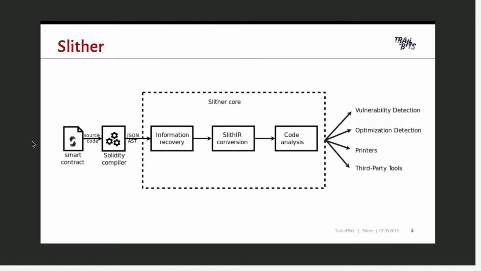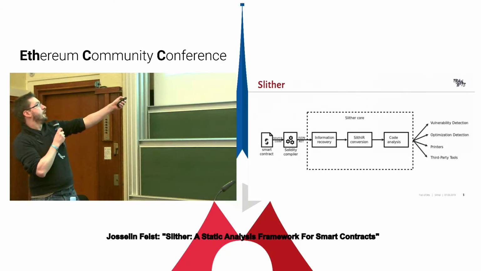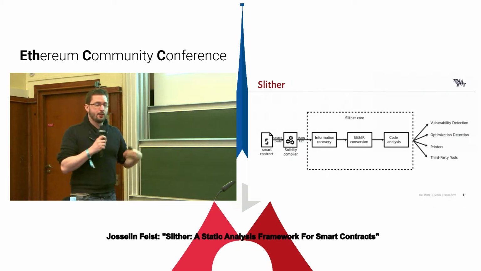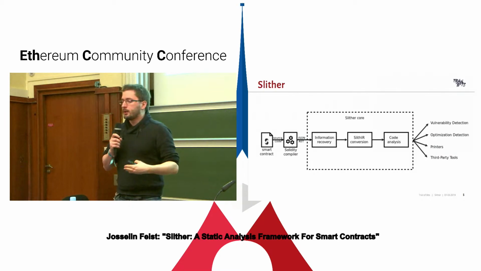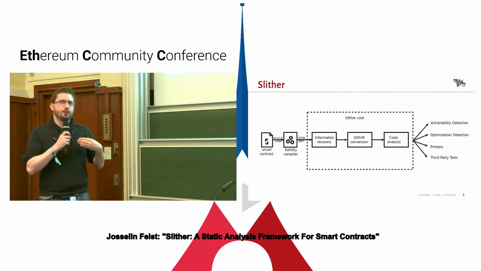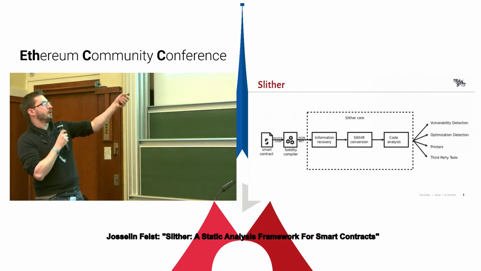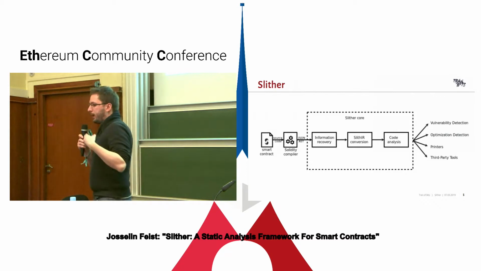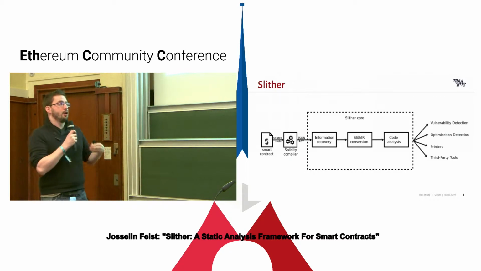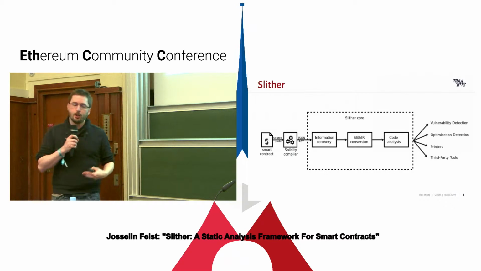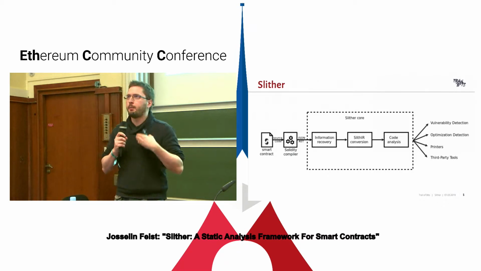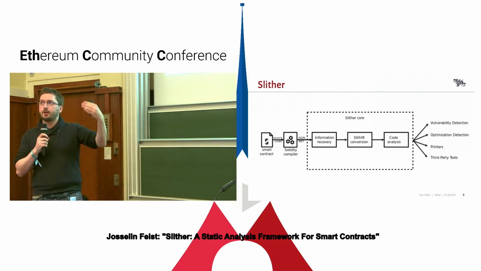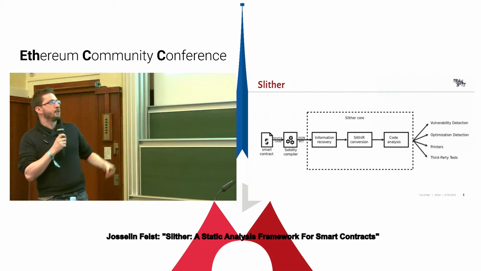As a high-level overview, the way Slither works is that it takes the AST from the compiler. It recovers a lot of information from the AST. It takes the Solidity expressions and converts them to its own intermediate representation, which is called SlithIR, and we will go through what SlithIR is and how it works later in this presentation. From all this information, Slither will perform a set of built-in analyses to give rich information about the contract. This information is then given to all the different usages of Slither, such as the vulnerability detection or the